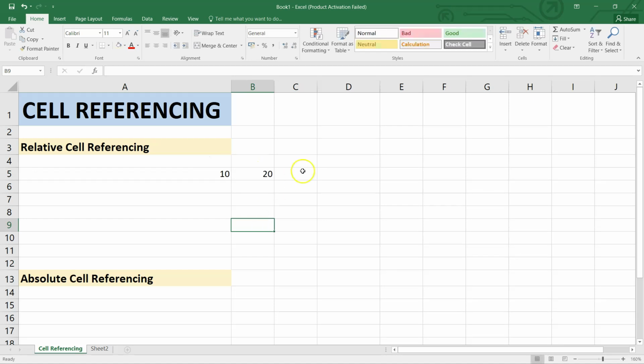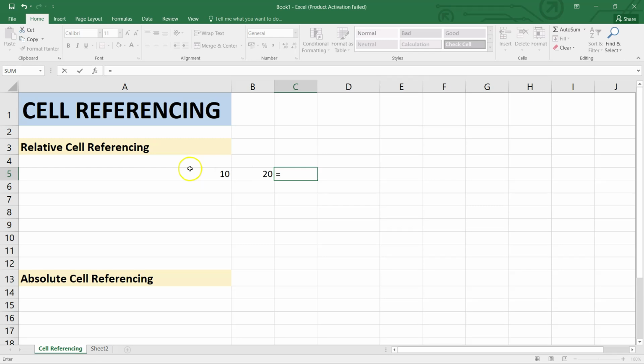Cell referencing typically works with formulas, and whenever you want to write a formula, you always have to start with an equal sign. That is how Excel interprets whatever you write in a cell as a formula.